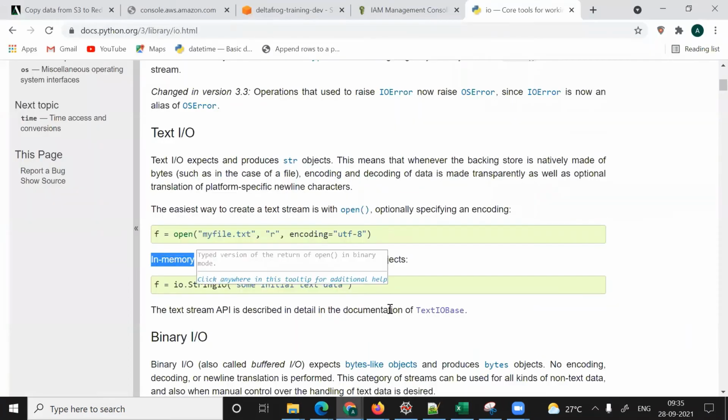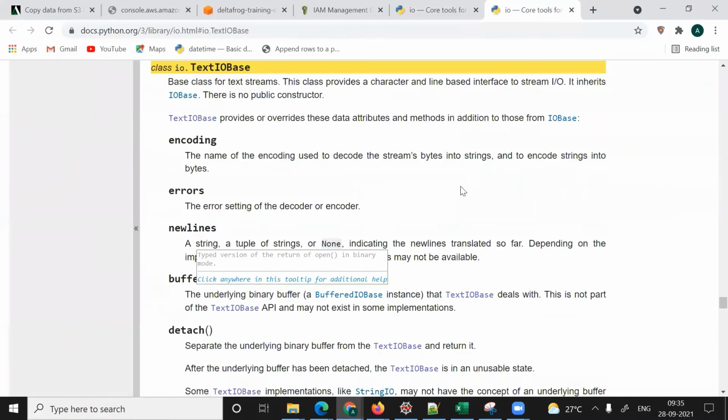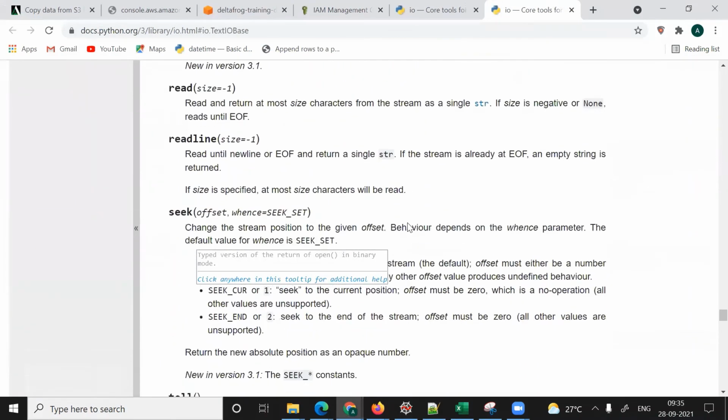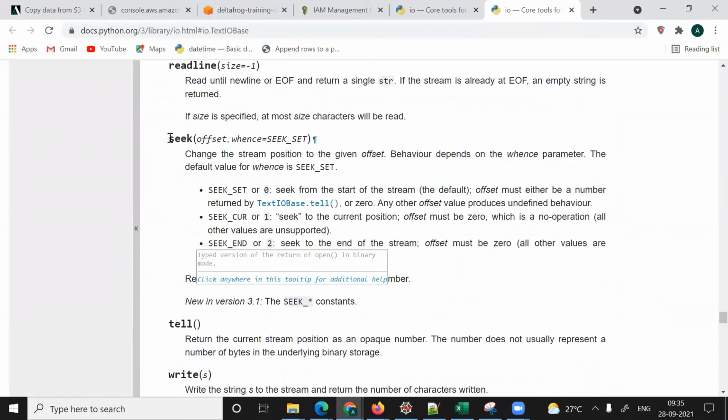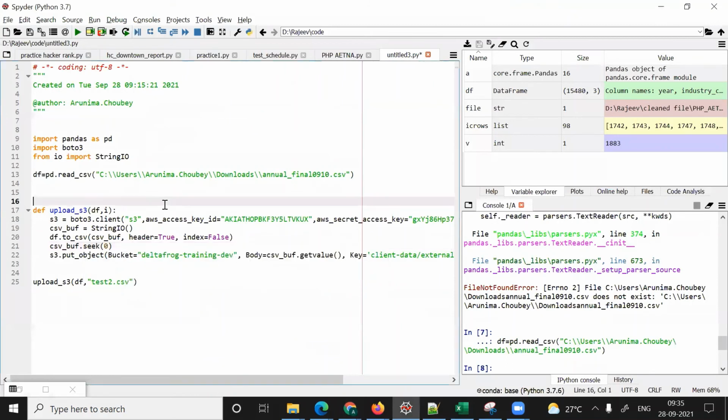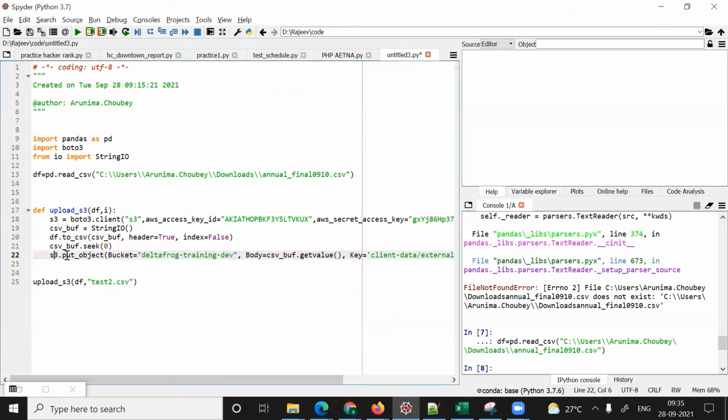This function is also there. If you want to learn more, you can see the seek function. It is seeking data from position 0. Now we know S3 gives put_object.